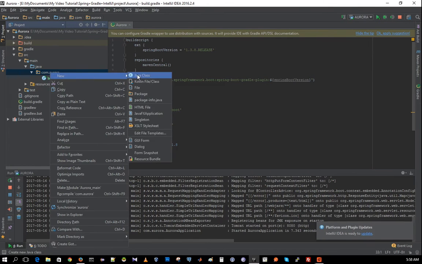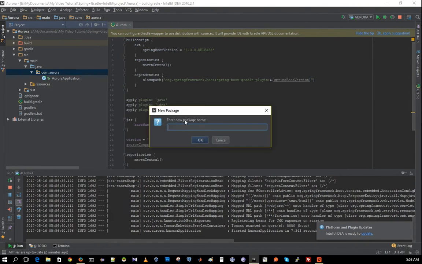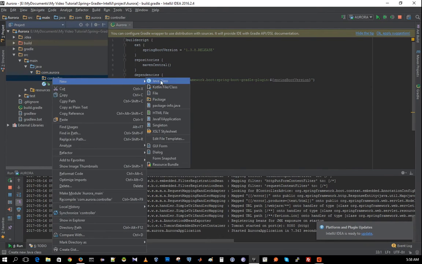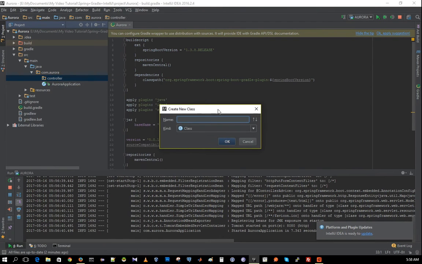Okay. Then go to new tab, then call package, then type controller, then it will be created in here. So again, Java class, I'm typing something like TestController. Okay,